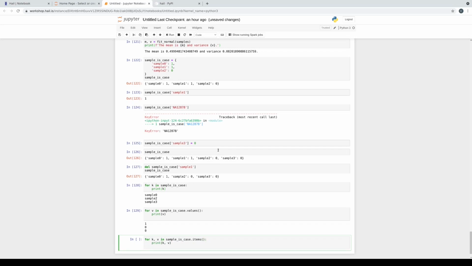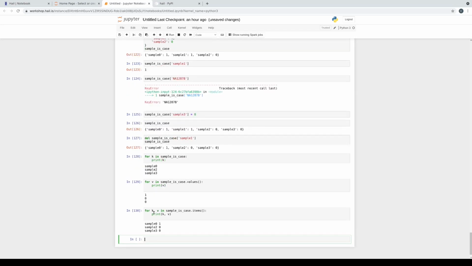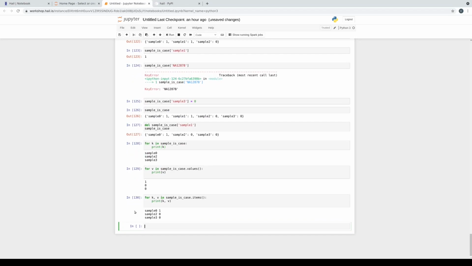So note here that we're using the no-parenthesis tuple destructuring syntax in the for loop to break apart the key and the value. So what items actually returns is a list of tuples, of pairs, tuples with 2 elements, which have the key and the value. Let's print that out, and we see we get basically the contents of the dictionary.